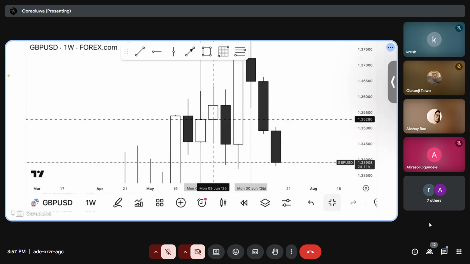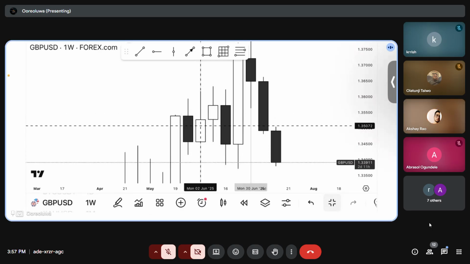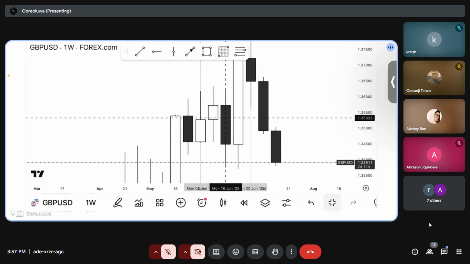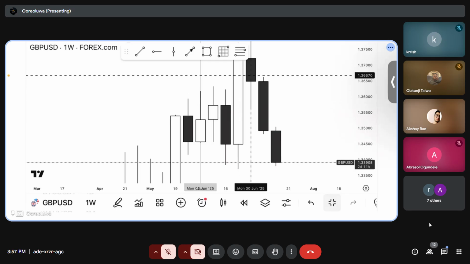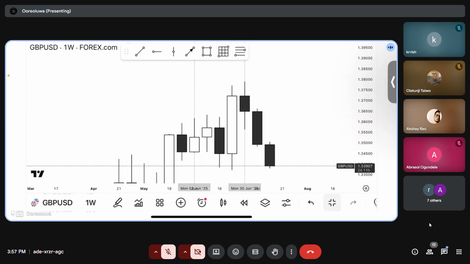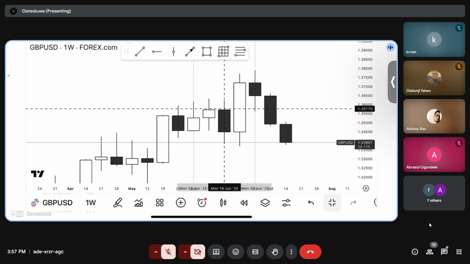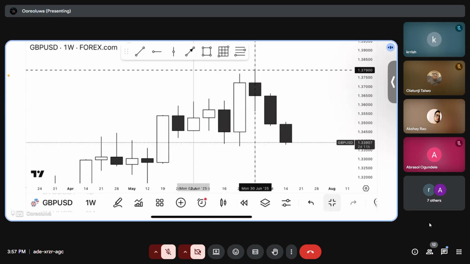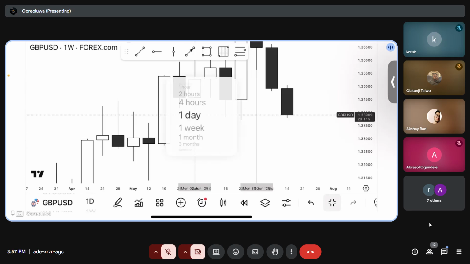Can you guys hear me? Yes, yes. All right, so this is July. This is full July. All right, opening and closing of July. So the closing of every candle is the opening of the next candle. All right. So this month, how would you have taken a trade this month? Maybe from this low to this upside. All right. How would you have taken a trade from this month? So let's go to the daily.